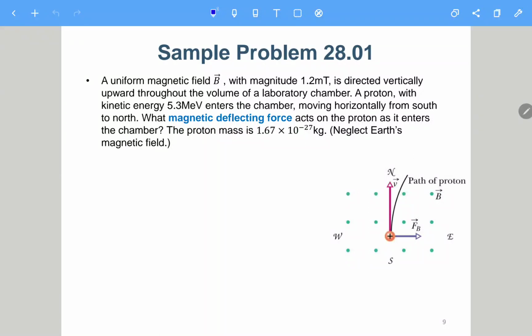Okay, so here let's take a look at a sample problem. It says a uniform magnetic field B with magnitude 1.2 millitesla. I just forgot to mention the SI unit for the B field is Tesla. It is named after the scientist Tesla, not actually the